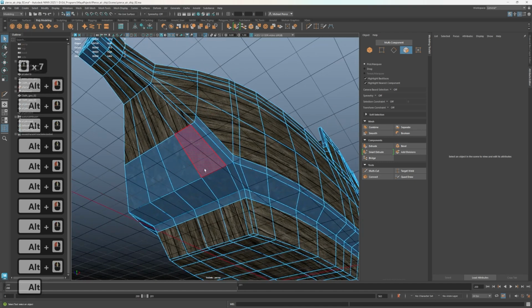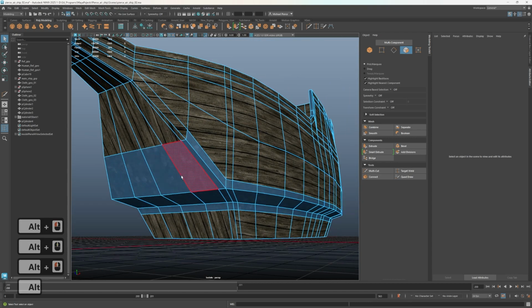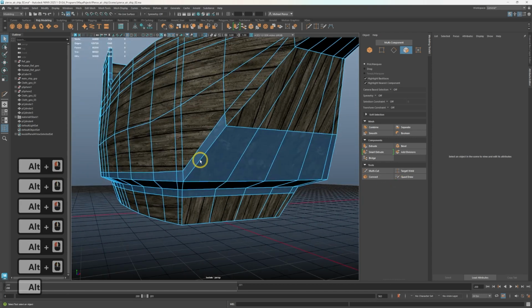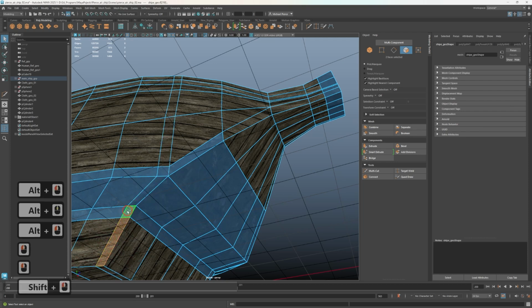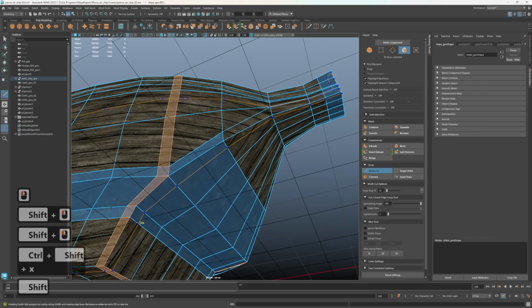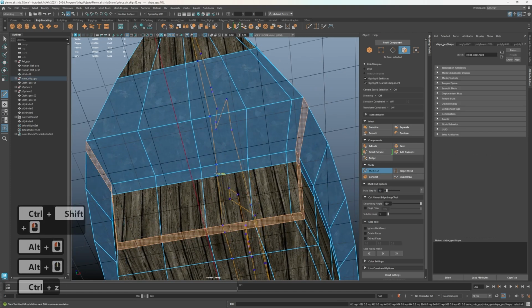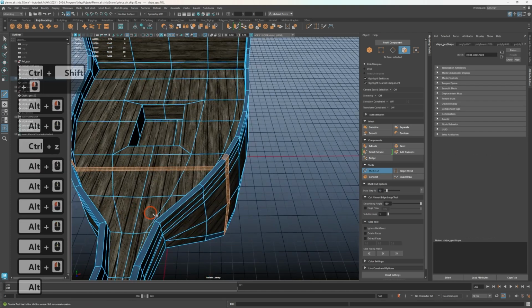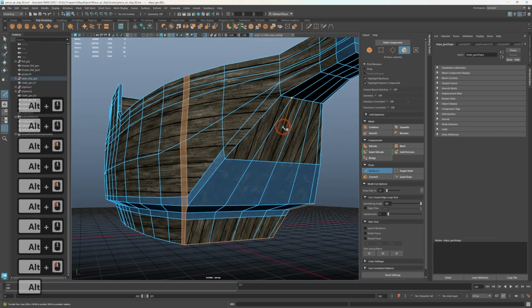Oops. Didn't quite get that to go the way I wanted it, but technically you would do a lot better cleanup job than I have as well. But